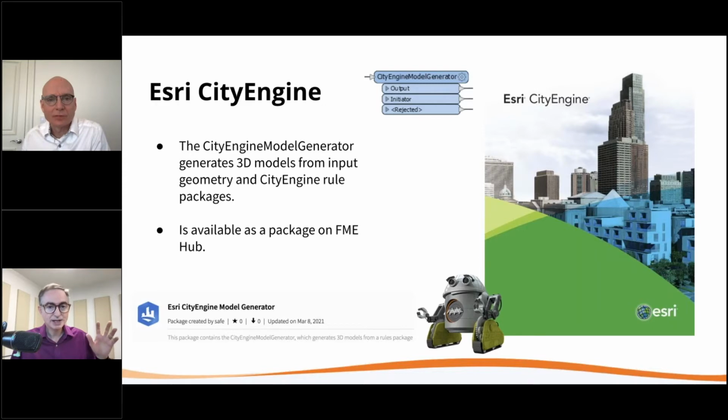You give it those rules, and now you can incorporate those into workflows that happen not interactively, just automatically. So that's a package. I checked yesterday, it was updated yesterday. I might have been there for a few days, but there's a fresh one there. So give that a spin if you're a CityEngine customer.